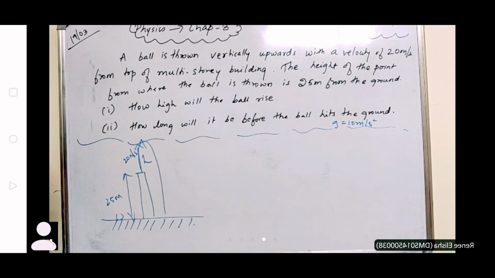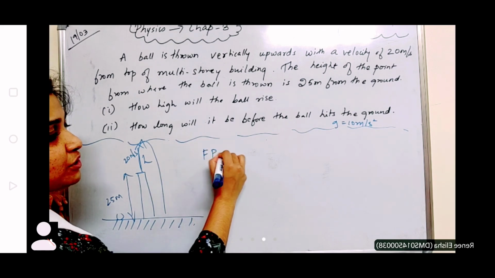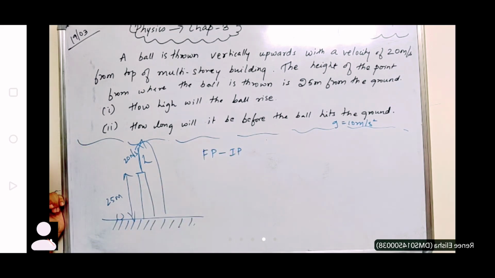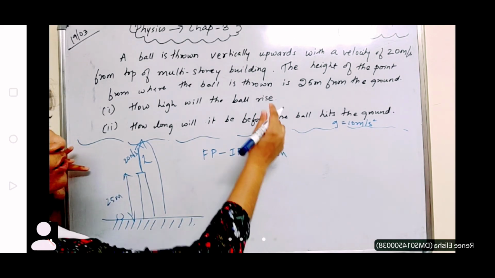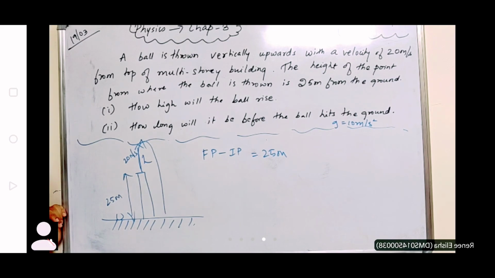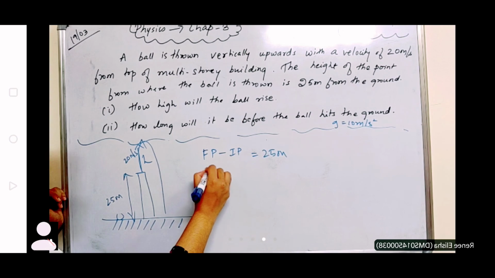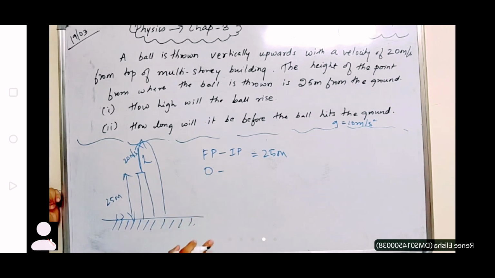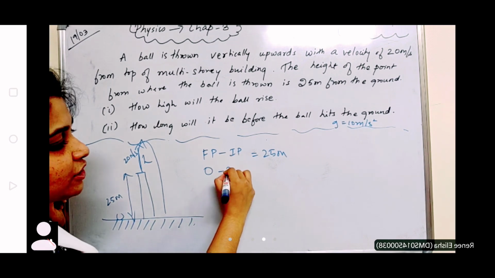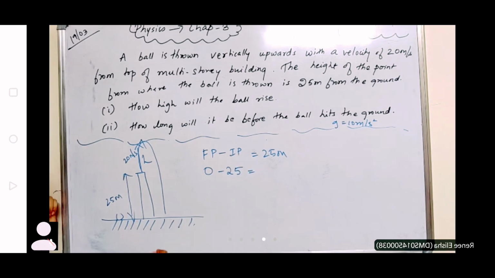Okay, so let's start. Now in this method, we shall consider the net displacement. Net displacement is final position minus the initial position. That is nothing but 25 meters according to the question. The final position is definitely 0 minus the initial position, that is 25. So minus 25 is equal to...